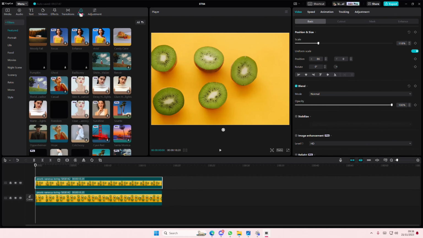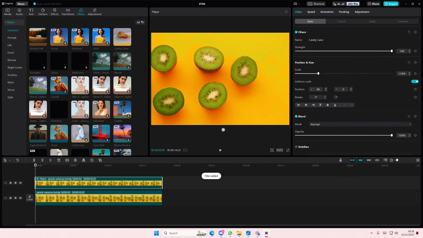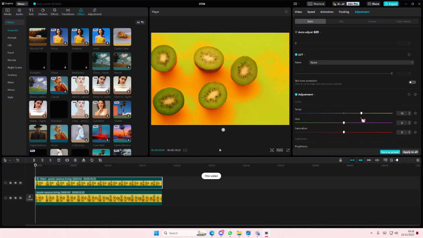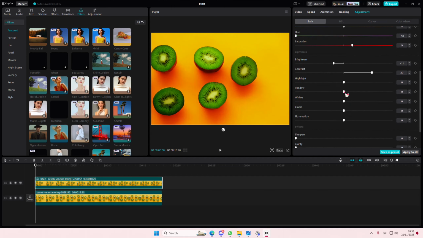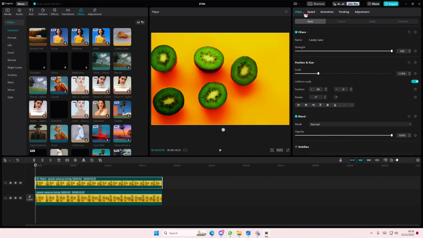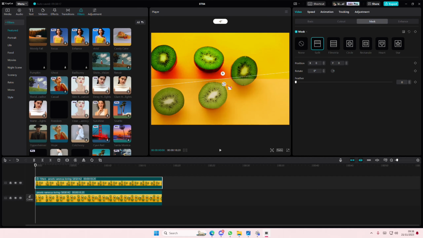On the second one I'm just going to go to filters and I'm going to add in some adjustments to it. Just making it a little bit different than the first video. Something like that. Then we're going to go to video, go to mask and select split, and we're going to